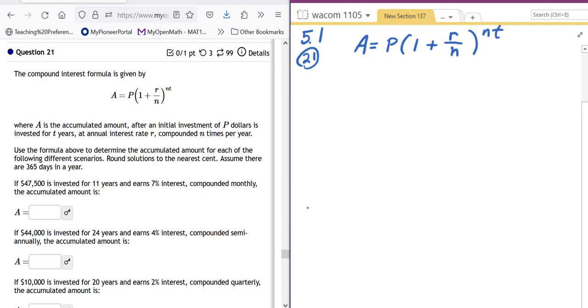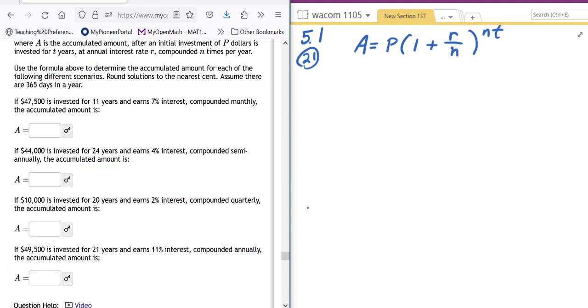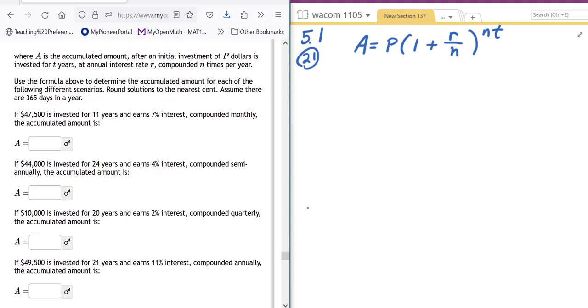Okay, and then it says use the formula above to determine the accumulated amount. Round solutions to the nearest cent because we have money. Assume there are 365 days in a year. All right, so if $47,500 is invested, so that is your principal. So I assume we're finding the accumulated amount. Accumulated amount is